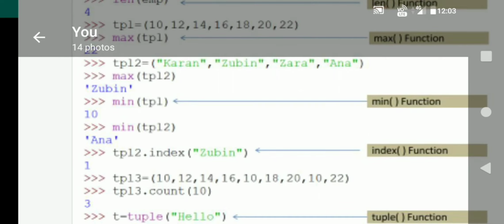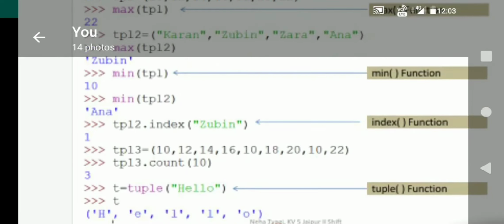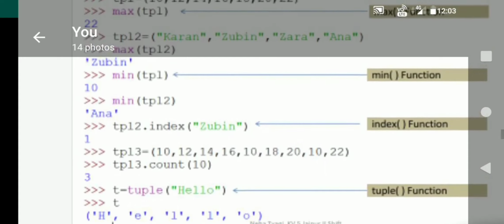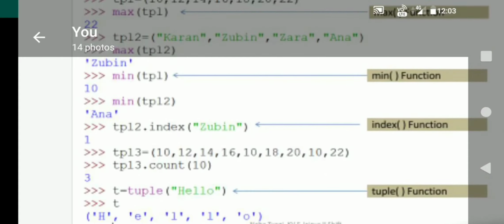Now we have the next function, count. The role of the count function, as you can see here, is to count the occurrences of an element. So 10, how many times is it coming here? It will count it. 10 is coming here 3 times, as you can see: 10 the first time here, then 10 is here, then the second last 10 is here. So the count will be 3. Now we have the next function here, t equal to tuple of "hello". Then we are printing t. So tuple